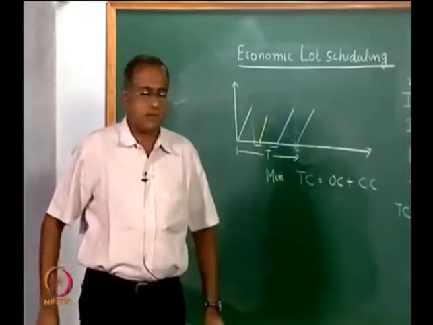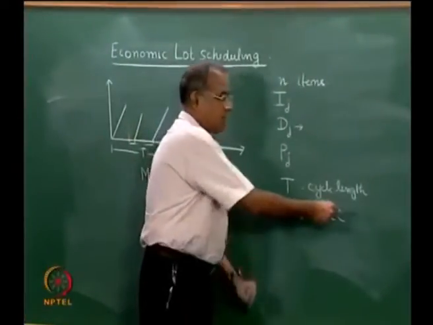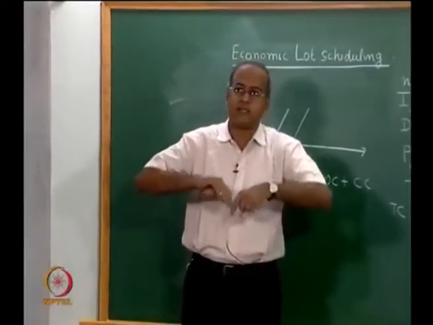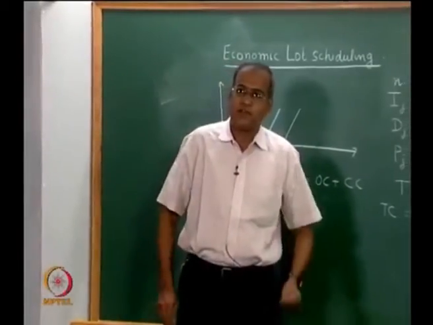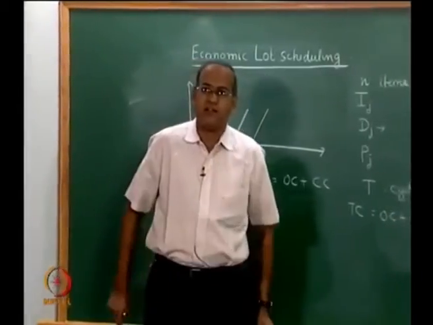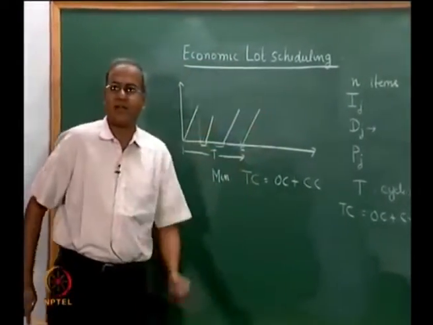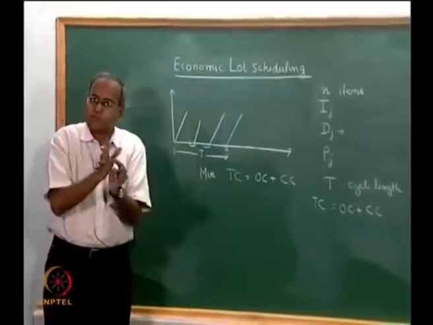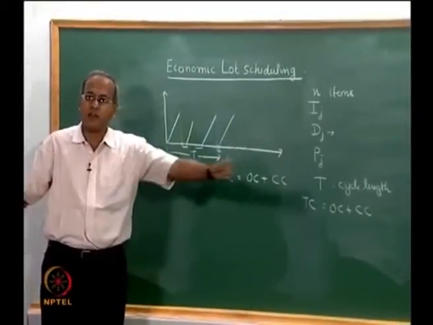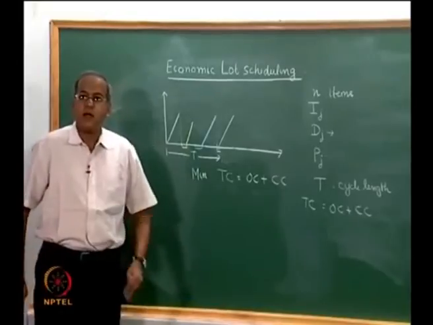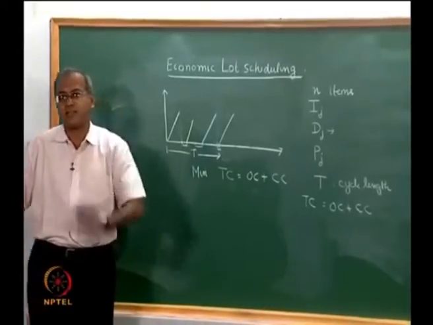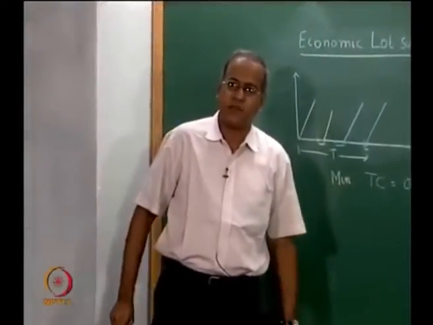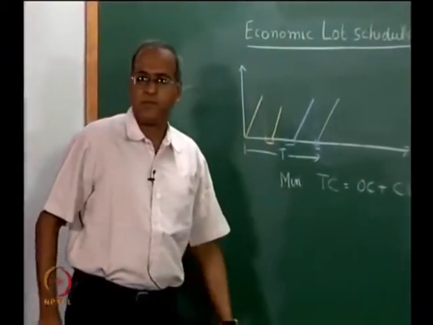When we have longer cycles, obviously the order cost is going to come down and the carrying cost is going to go up. So, from a purely inventory point of view or just in time manufacturing point of view, we would like to have small lot production, which simply means that we do not want longer T. But let us try and look at this problem, at least to begin with, that how long can we make our cycle. Then we start defining how we play around to make that cycle as small as it can be. So, let us first define the problem to try and have longer cycles, so that the shortages are not there,